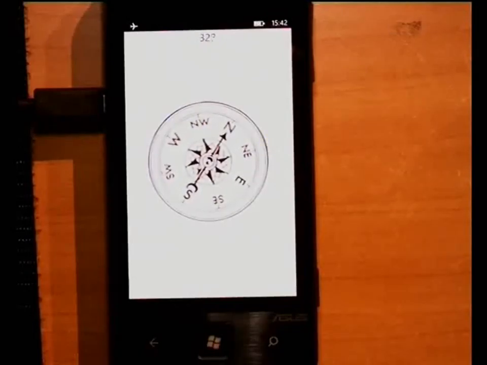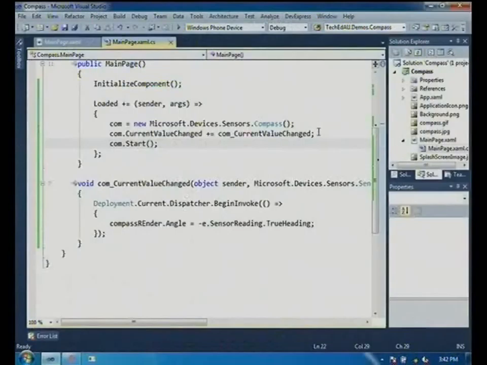So the problem with that data is you see it's jittery. By default, if you access any compass on any device, you're going to get a lot of interference. The problem with that interference is you could be 20 degrees off. So if you're really looking to do a hiking app or a tracking app, when they designed the sensors for Windows Phone,